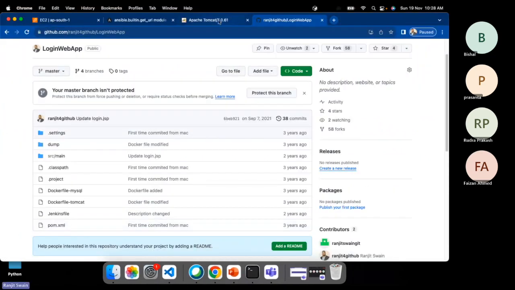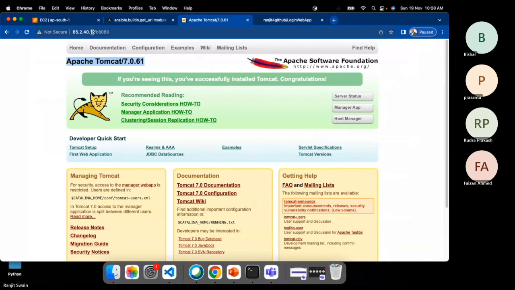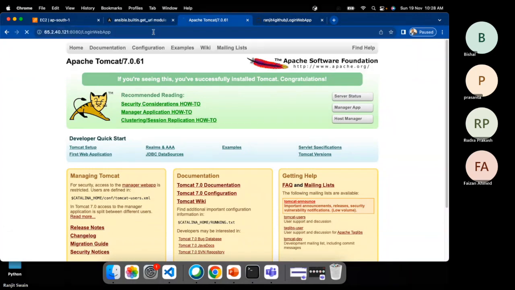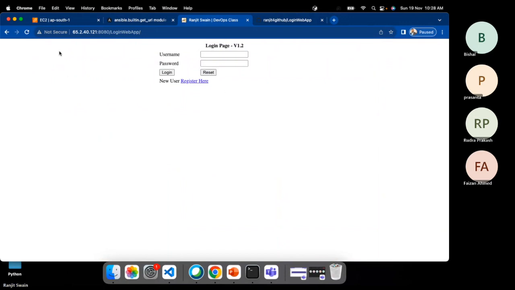If I just go to the Tomcat server here, let's refresh this, and here is the application name, login web app. See, my application is actually one of the Java applications, but in the backend we also have a database. So today I just explained how for the Java applications you did the configuration management and the deployment, right? With all the changes. So in our next class, I'm going to show you with the database